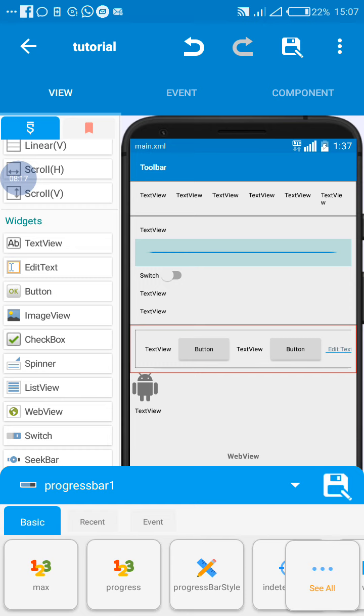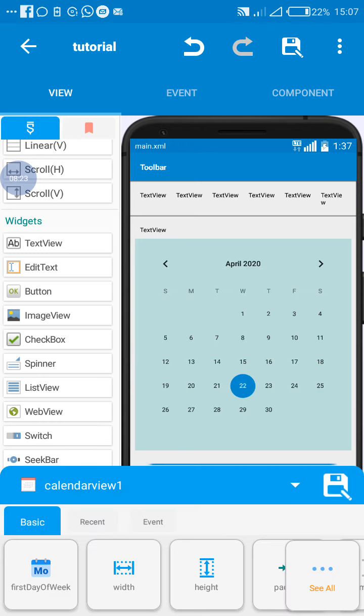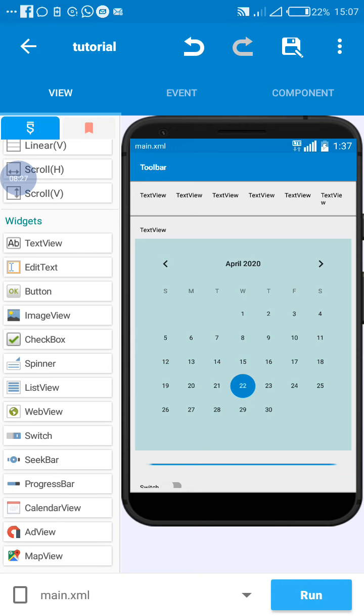So also we have the calendar view, which will bring up the calendar to view. This is the calendar. Also we have the ad view and the map view. All these we'll still discuss in detail in further classes. Also, more about the